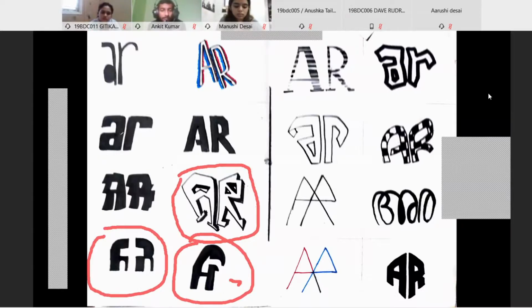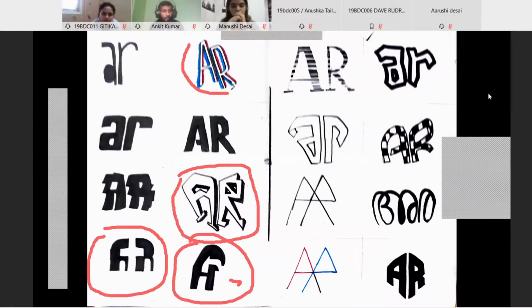Right. The AR where you use multiple colors, the good thing about that is that while we have to do only black and white, there is a possibility in that as well. Because when I look at it, it has a playfulness, a very positive playfulness to it, especially because again the same idea is repeating, the echoing of the alphabets I can see in both A and R. Similarly, a page before you've done similar things. This is also on similar lines. So this is also possible for you to explore further.